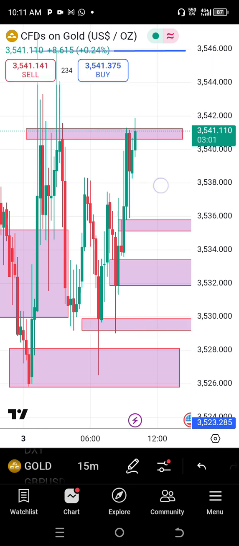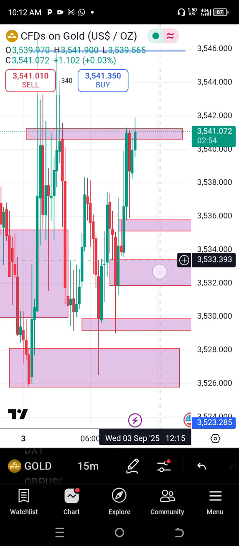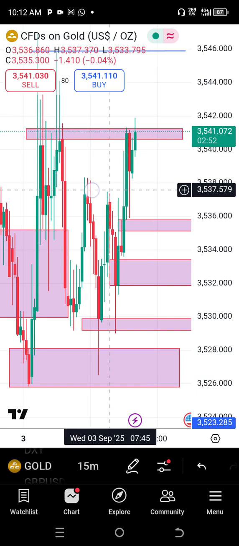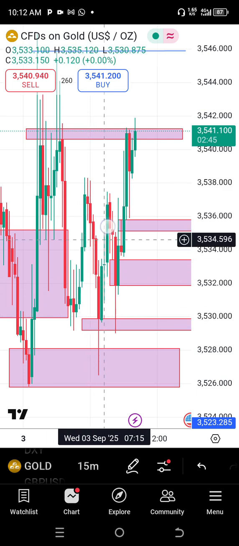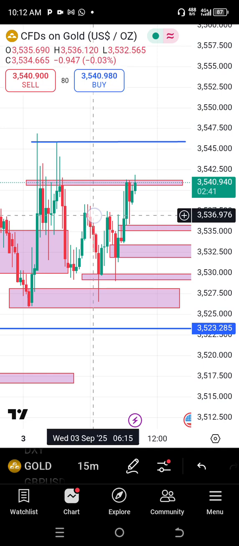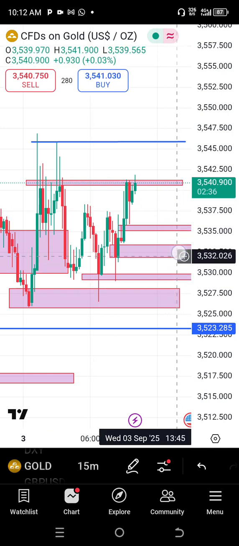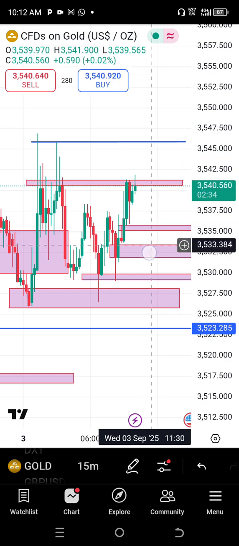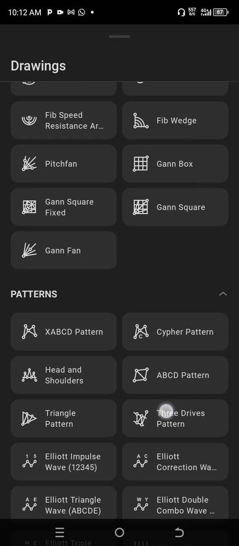As it is, there is no fair value gap that can be respected between this area. Now from this point to this point, there is a ranging market. Anytime there is a ranging market, you should expect a long impulsive move. So from this market, as you can see, there is already a break of market structure to the upside here. We are actually expecting a very strong impulsive move that is going to move from, let me indicate,